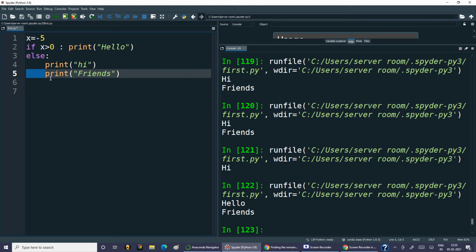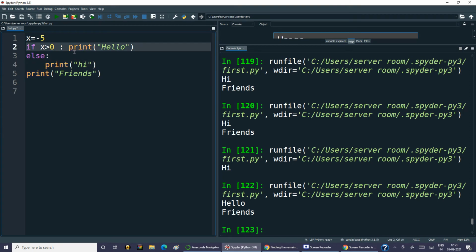Here in this example, whether I give this indentation or not makes no visible effect, because the statement runs in else, and if I don't give this indentation, the statement also runs. But one is running within the else, the other is running outside of the else. So you need to understand that indentation creates a block.